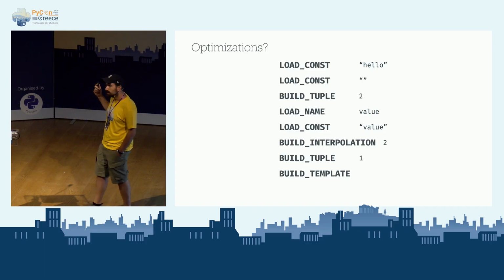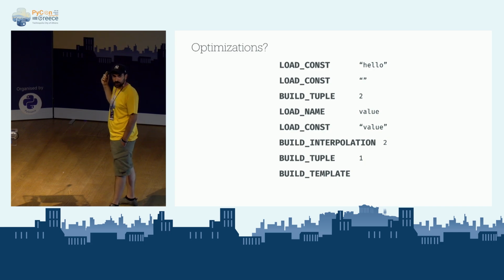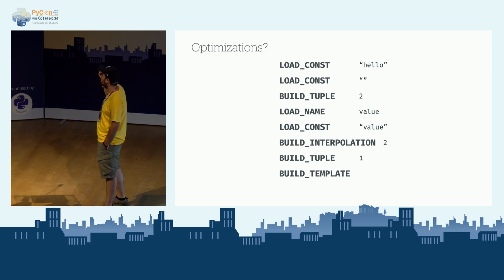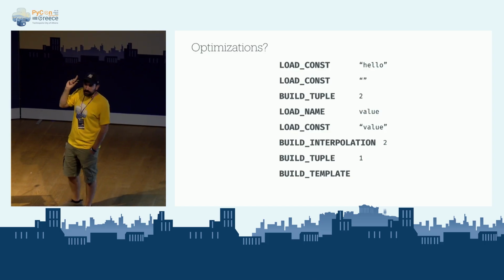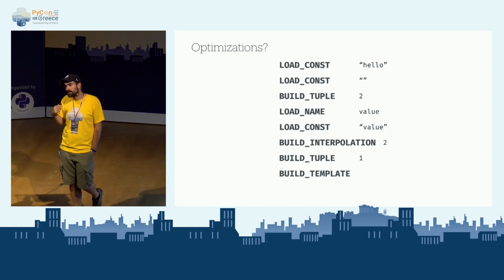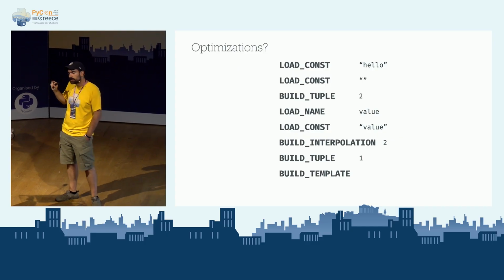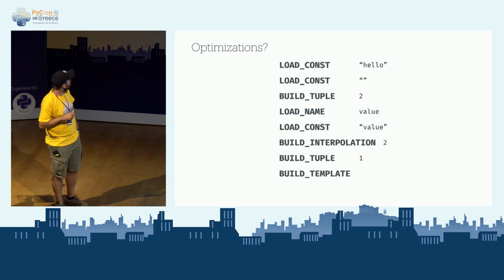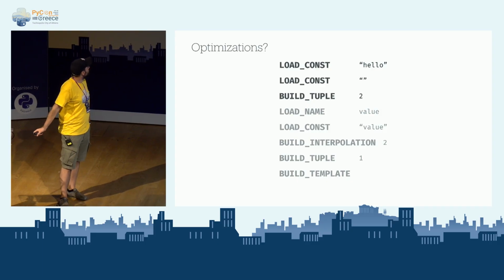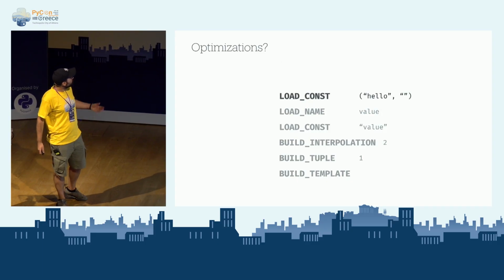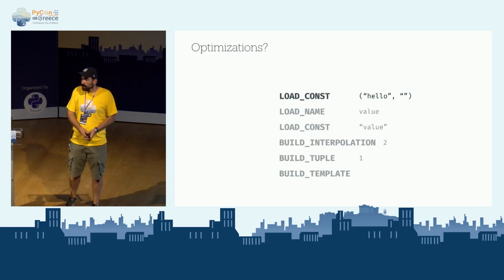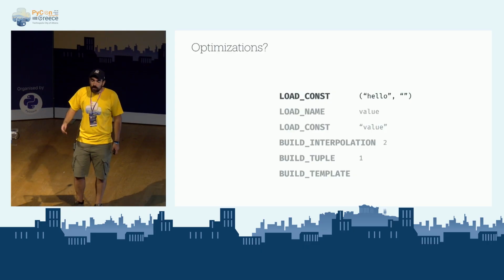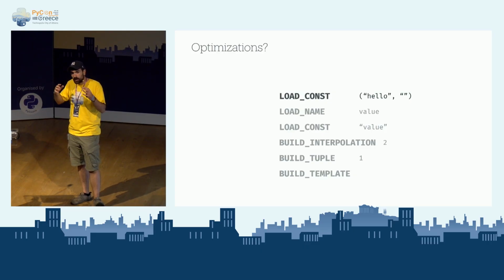Can anyone see what sort of optimizations we can do here? It's not very hard, but if you see the first 3 instructions, you'll understand that we do 2 load constants, and then we build a tuple, which means that instead of doing 2 load constants, we can do 1 load constant. So the first 3 instructions will actually become load constant the tuple. So instead of doing load constant a string and another string and then build a tuple, we just load the constant 2-element tuple